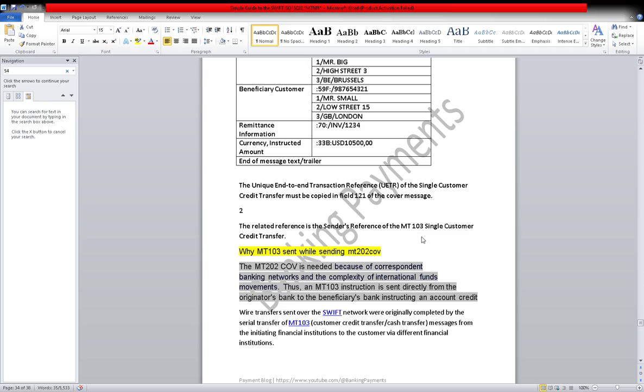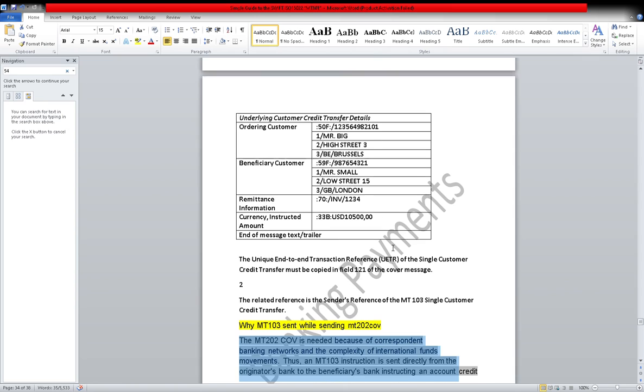See, here they mention it properly. Only MT202 cover has been sent, but this is the serial method. No, we want only the serial method. Let it be, I don't want to waste time on this now. I will find a good example of the MT202 serial method, MT101 and MT103, three together, a simple one, instead of getting complicated here. So I will find it for this one. Let it be with me.